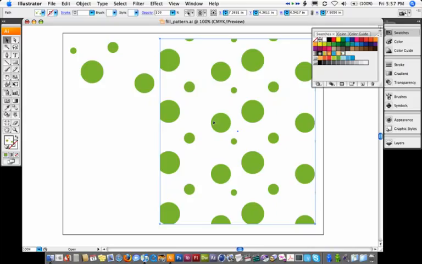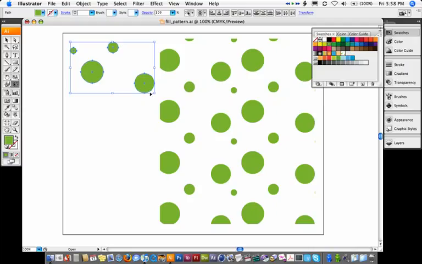See how what happened here is that Illustrator automatically assumed we wanted the outermost boundary of all these circles to be our rectangle, sort of like that. And it made a pattern with that. And see how there's a lot of space between the shapes over here? You probably want to make a pattern that looks more seamless. If not, you're done with this tutorial. See ya. For the rest of you that are still here, I'm going to show you how to make a